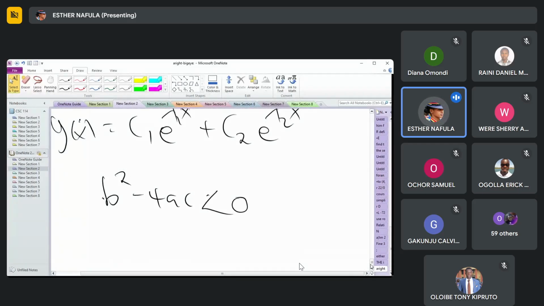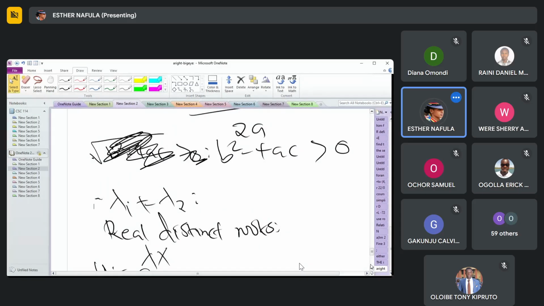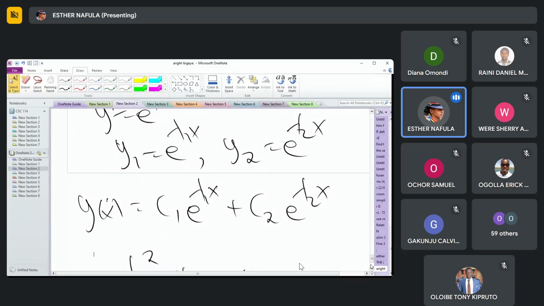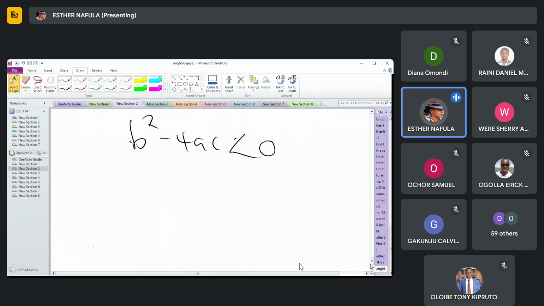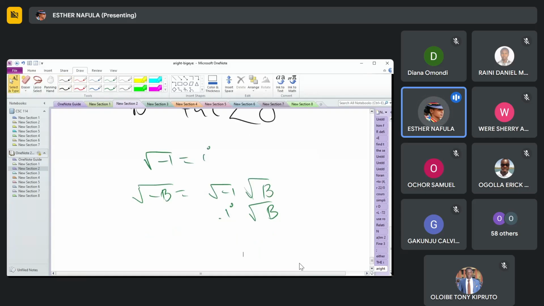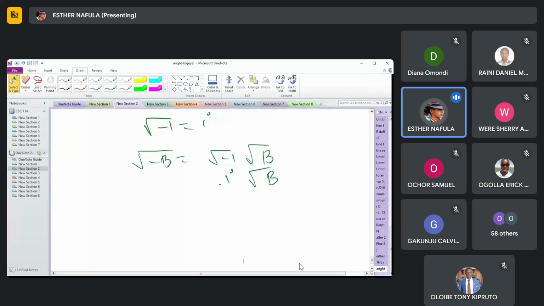If b squared minus 4ac is less than 0, then you will be dealing with a case of complex roots. Remember, to compute the square root of a negative number, you introduce the fact that the square root of negative 1 is equal to i. So if you have the square root of minus b, you say this is the square root of minus 1 times the square root of positive b. The square root of minus 1 is i, then the square root of b evaluates to something finite. So if b squared minus 4ac is less than 0, then you have a case of complex roots, which will